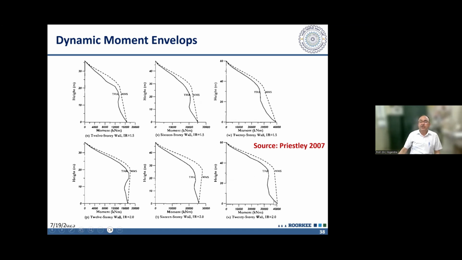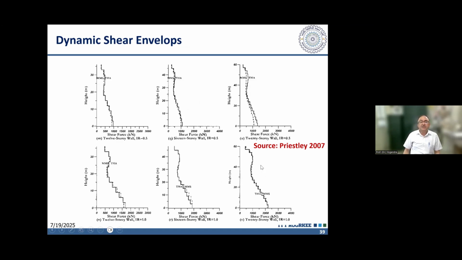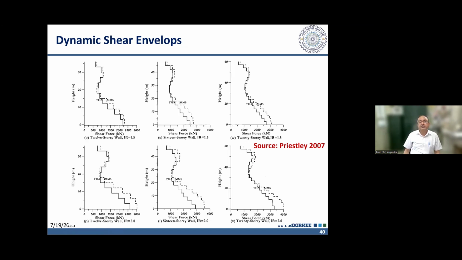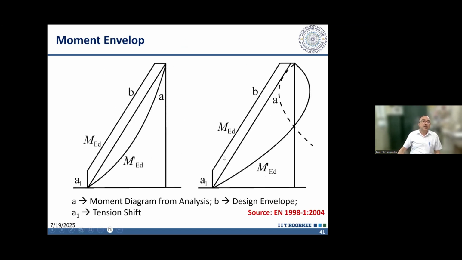So if we have provided reinforcement detailing corresponding to a triangular bending moment diagram, another hinge will form here. And to avoid that, and accordingly the shear force is also increasing. So in Eurocode, those recommendations are included, and Eurocode provides a bending moment envelope, something like this, where the bending moment